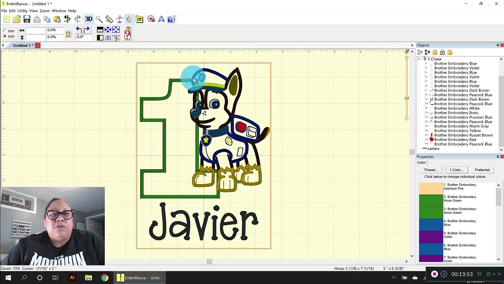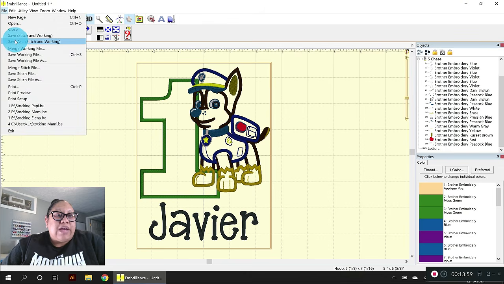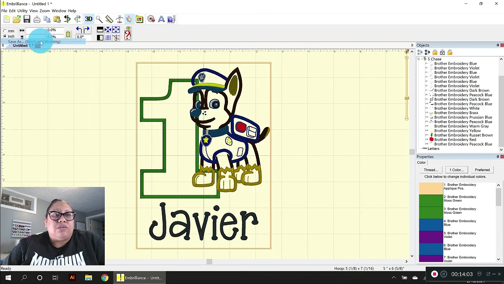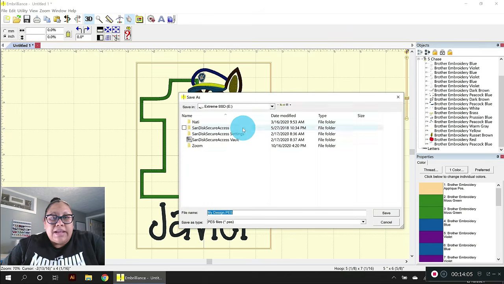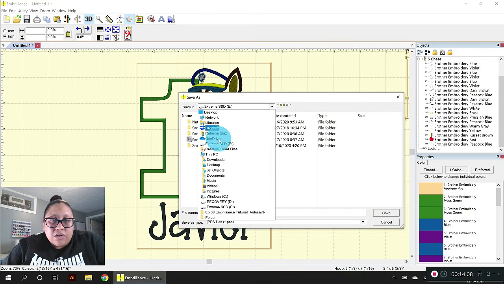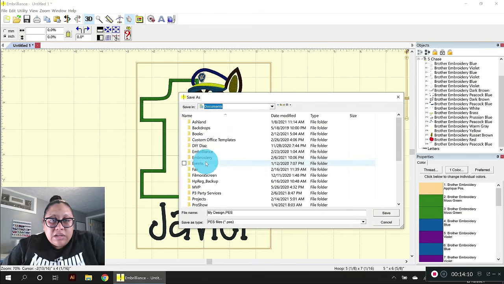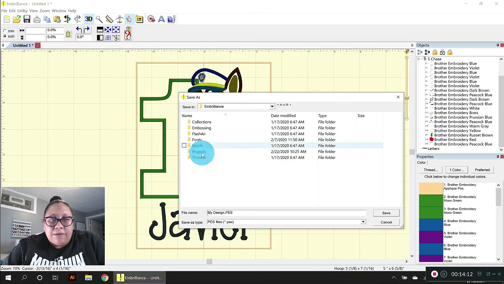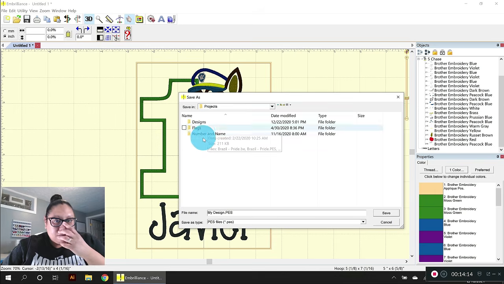And maybe this will make a little more sense afterwards. But first what I need to do is save the file. So I'm going to go to File, Save As, and what I just always do is save it as a stitch and a working file just to make things easier. And I save that under Documents, then I go to Embrilliance, I have a file there, Projects,